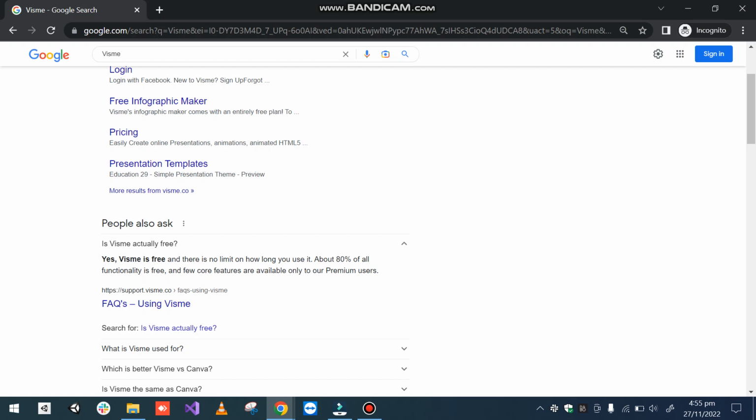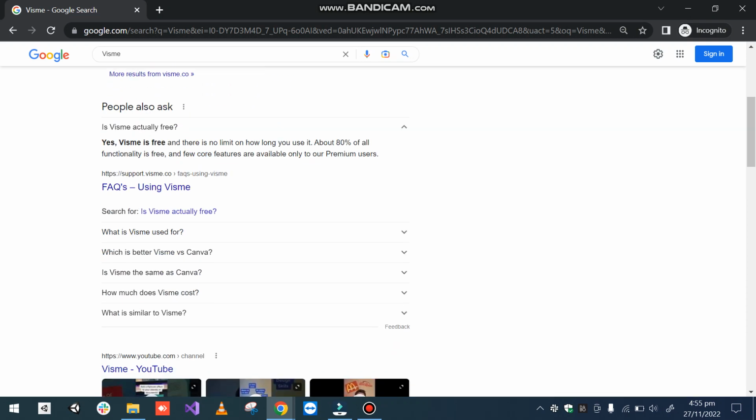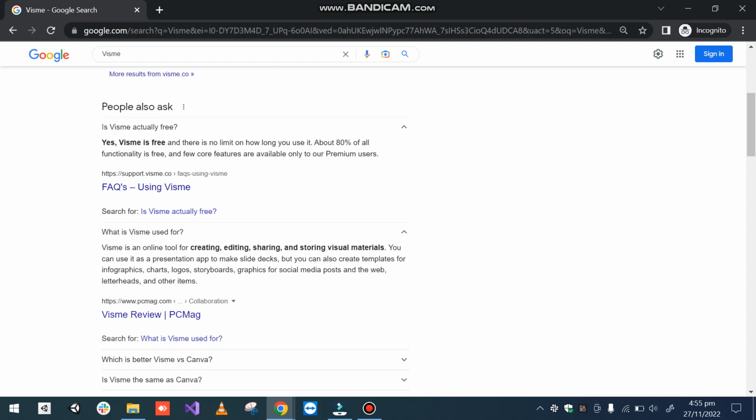Because these are key features that have more functionalities than free features. What is Visme used for? This is the functionality I want to say: Visme is an online tool for creating, editing, sharing,